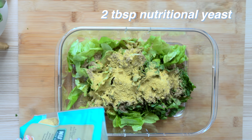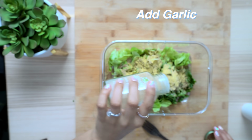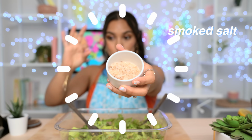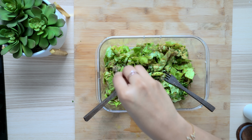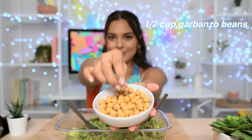Then I add nutritional yeast. Go crazy with the spices. I personally really love garlic in my salad, and these 3 things are what I found to make the base so much more flavorful. Smoked salt. This has changed my life. It makes every dish taste so much better because it gives it that extra smoky flavor, which I love